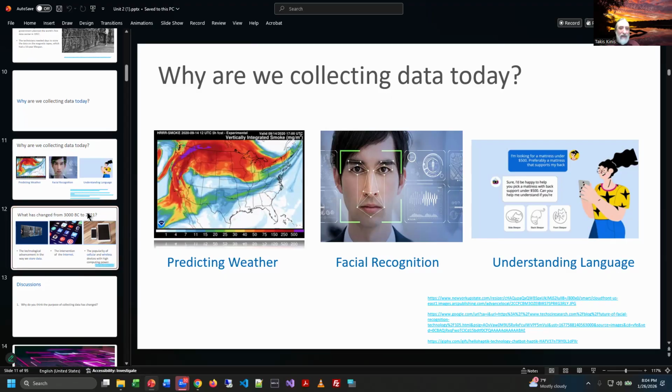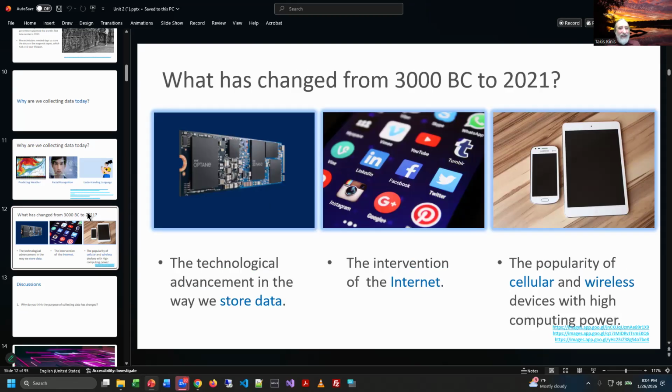So we use it for all those different types of things. So, I mean, they pose the question, what's changed from then to now? And really, it's all about how we store the information. There is a challenge if you want the legacy of your society to survive, is how do you take that data and put it into a format that will persist, right? And they show a bunch of different things.